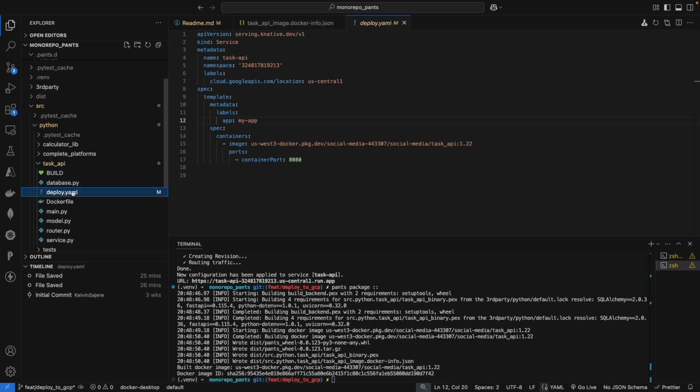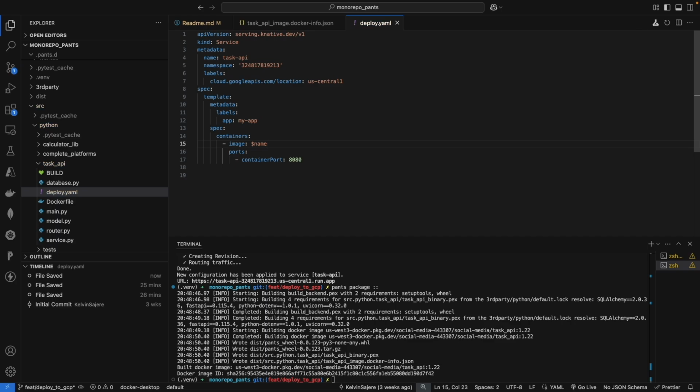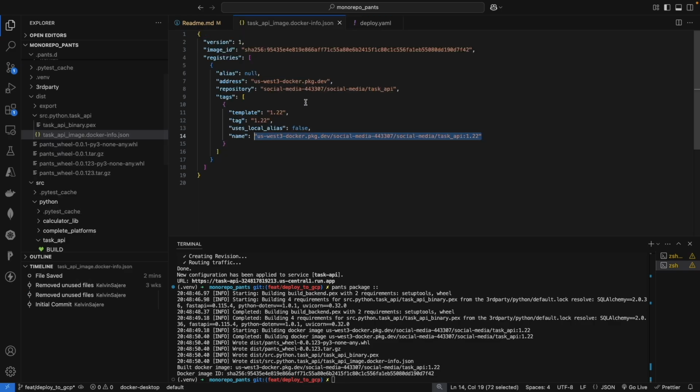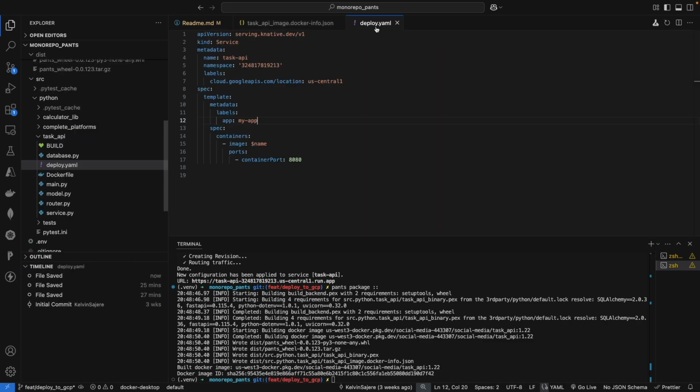So if I go to my deploy here, I can pretty much use a placeholder for this, because this could change anytime, right? Like this version could be incremented every time you want to release because you have changed the code. So we use a placeholder here for this, and I'll just call this name for now. And the goal of our Python script will be to read this entire thing, and once it reads it, it'll be able to kind of read this as well, then understand what the tag is and what the name is, and then replace this essentially before it does a